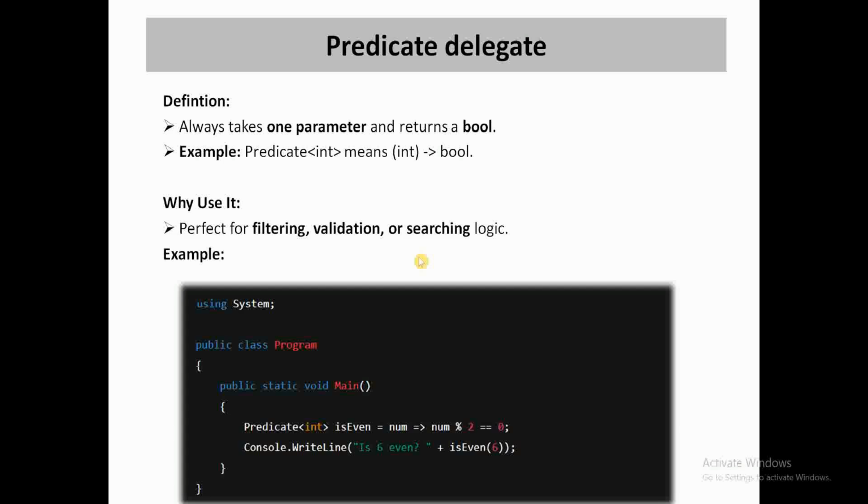If we want to filter the data, or if we want to use validations, or if we want to do searching logic in our program, then only we can go with the predicate, because it will return only a true or false value, meaning a boolean value, and we only provide one parameter value for this one. Here we have the initialization of the predicate delegate, with one parameter, and that is the variable name, that is parameter,